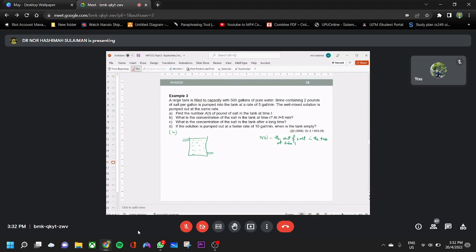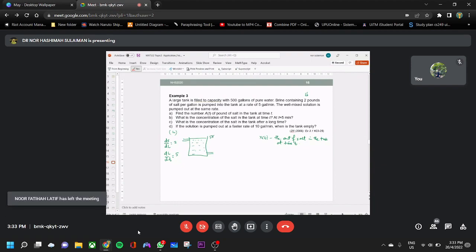Okay, alright. So we have dx/dt, concentration dia adalah 2 pounds of salt per gallon. Saya omit the unit ni. Dia actually pound adalah lb, right? Unit dia lb over gallon lah. Okay, so the concentration is 2, and dV/dt equals to 5 gallon per minute. Okay. Alright. So dia kata the well mix, dia masuk dalam ni